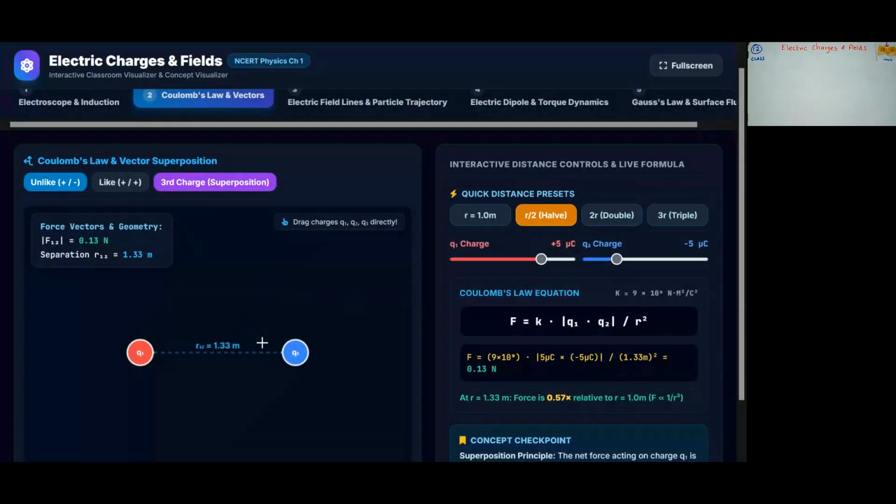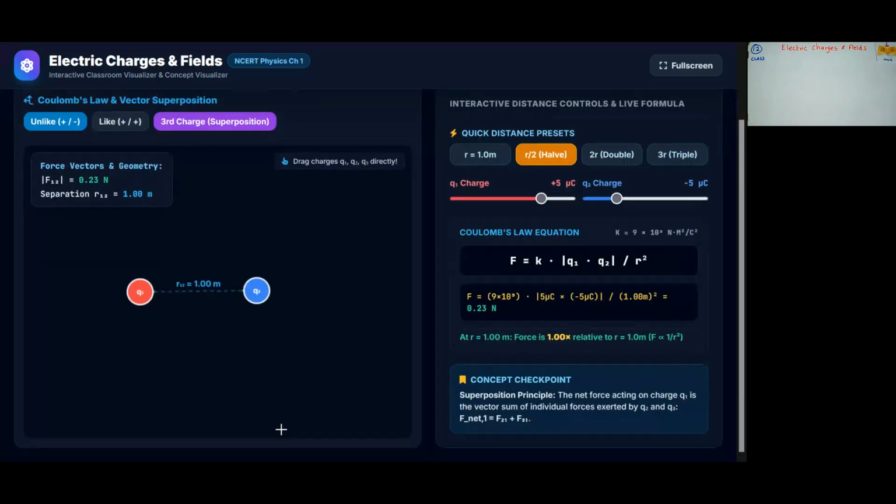For example, we can put the distance like that. You can see that, 1 meter. For example, we can take this as a reference. So separated by the distance r equal to 1 meter. Step number 1, inverse square distance scaling demonstration. Coulomb's law says that the magnitude of the electrostatic force between two stationary point charges is given by,